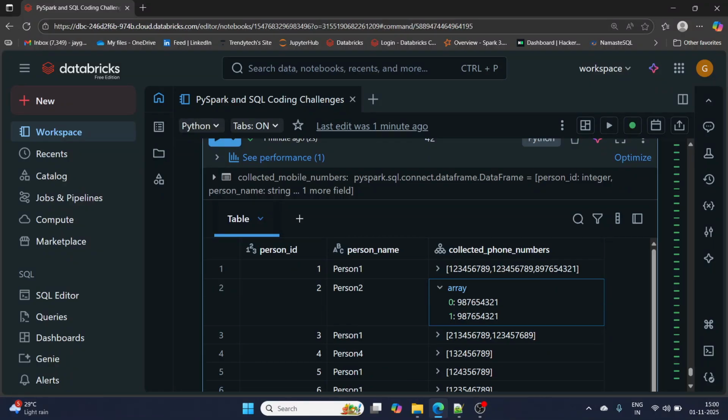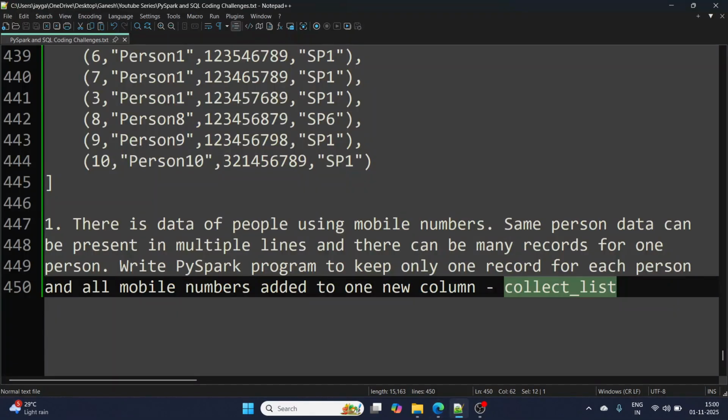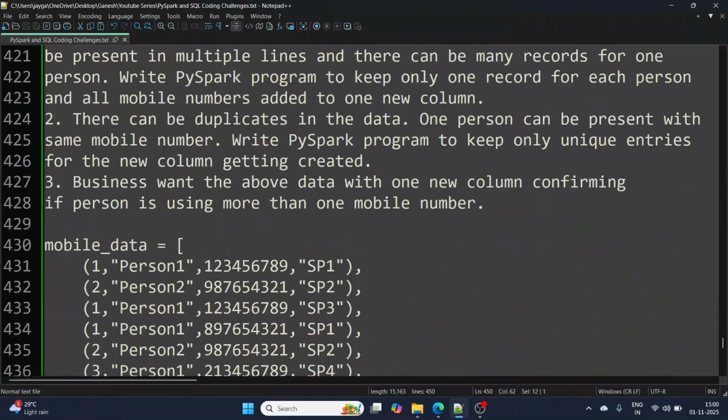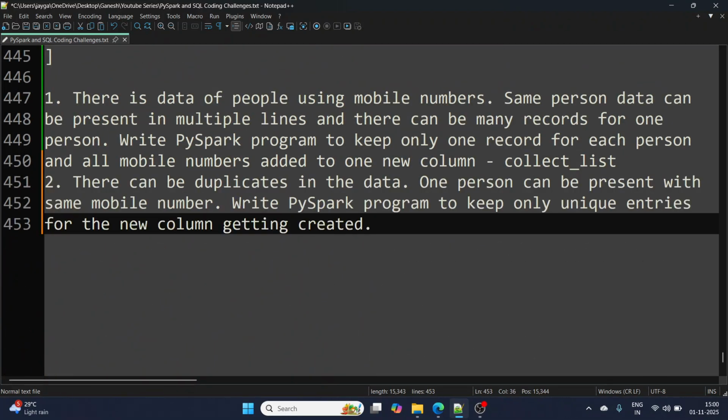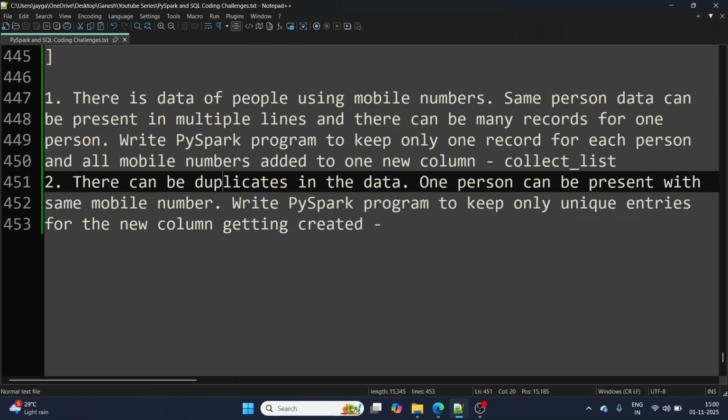That's our part number 2. What part 2 is saying is that there can be duplicates in the data. One person can be present with the same mobile number multiple times, so we have to keep only unique entries for the new column that is getting created.